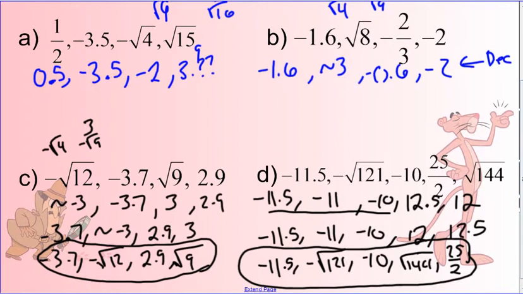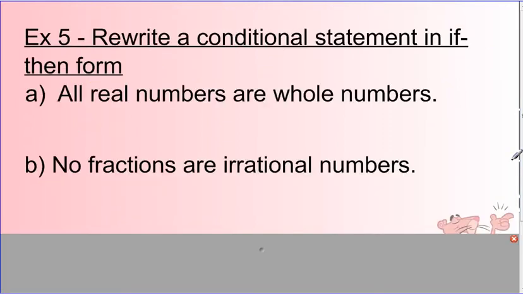And lastly, example 5. Now it says we want to rewrite a conditional statement in if-then form. So here it says all real numbers are whole numbers. So we want to write that as an if-then. So basically the way this works out is you take the first part of the problem, all real numbers, you make it an if. So if a number is real,